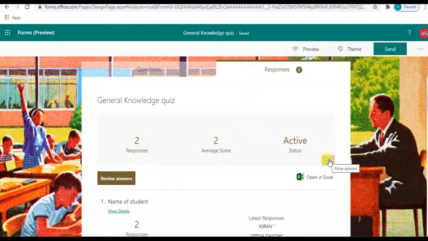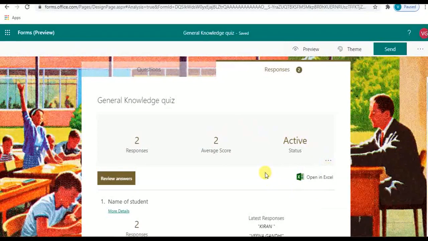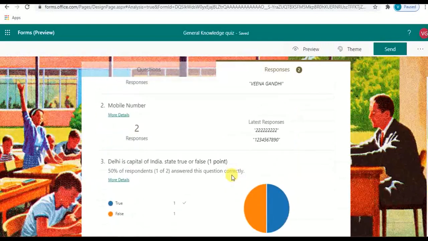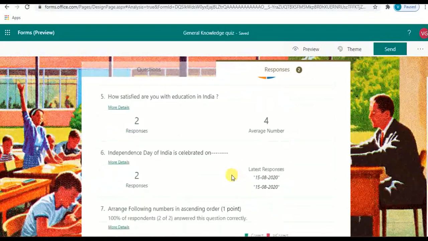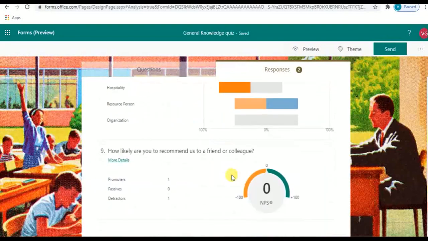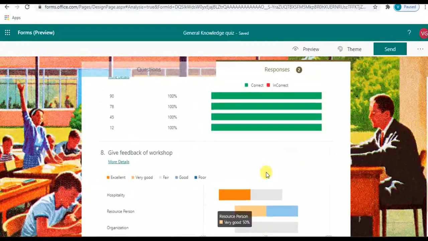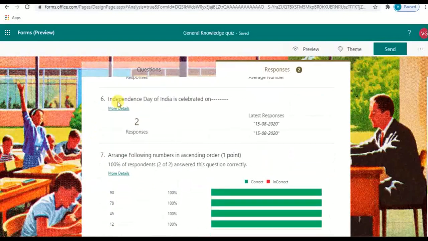Here you can see your options, the three dots options. Here you can delete the responses, print the summary, and create a summary link for the form. Also, you can save the responses in an Excel file. Under review answers, you can review the answers question by question. It also shows the graphical analysis of every question. You can find the NPS score here also. How many people have given excellent, how many have given good, like that. Feedback of the workshop. You can also see in detail